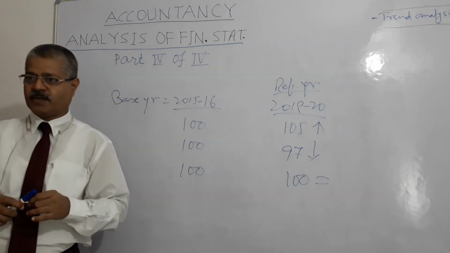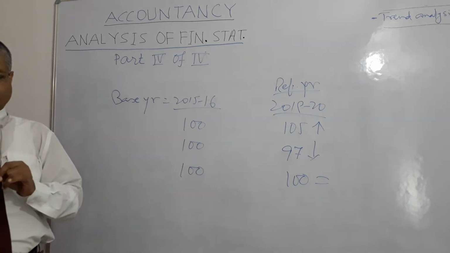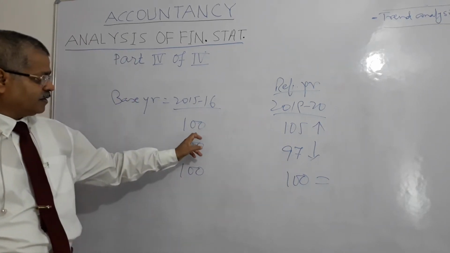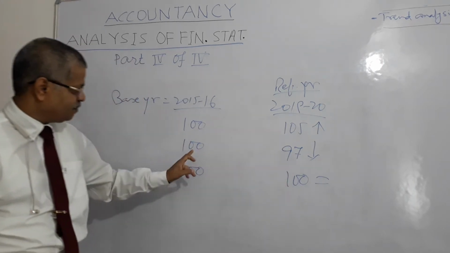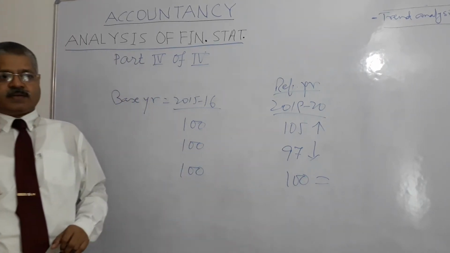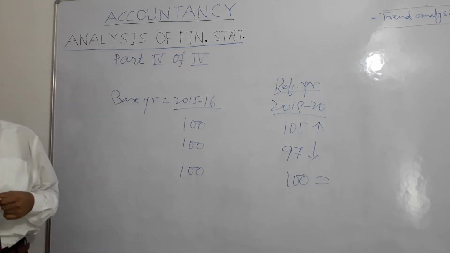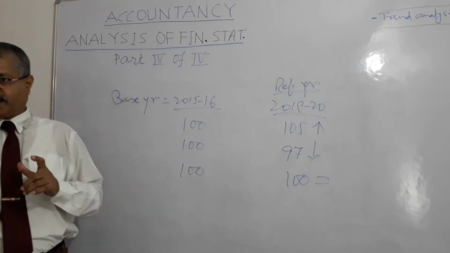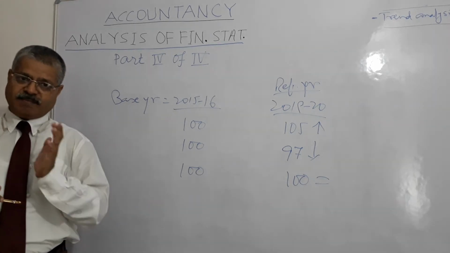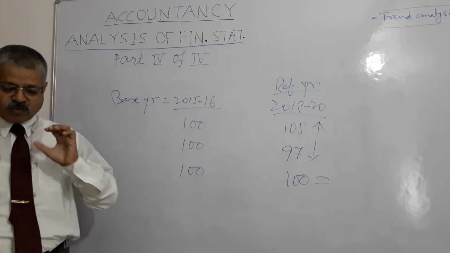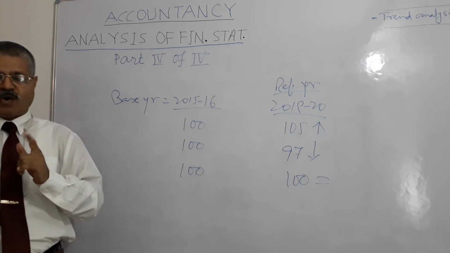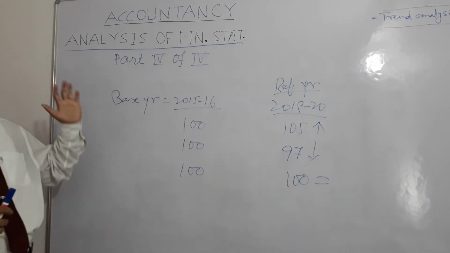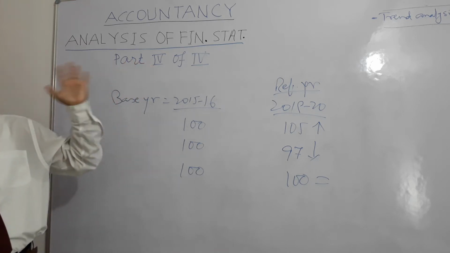First, we have already discussed the relationship of this with the base year, in terms of percentage, right? It shows the trend. Now, here we do it over a period of time. Trend analysis is done for a long period of time, generally 5, 7, 10 years, right?